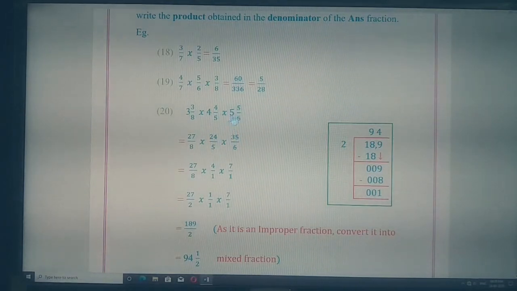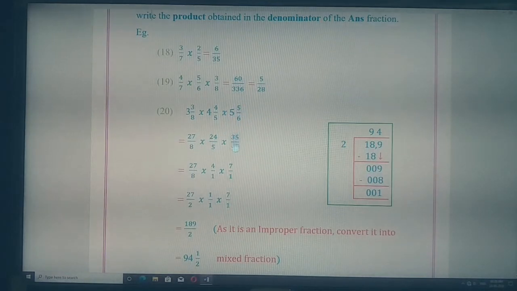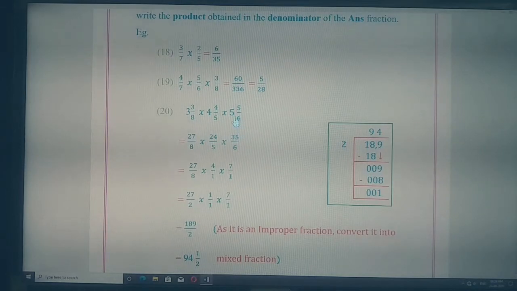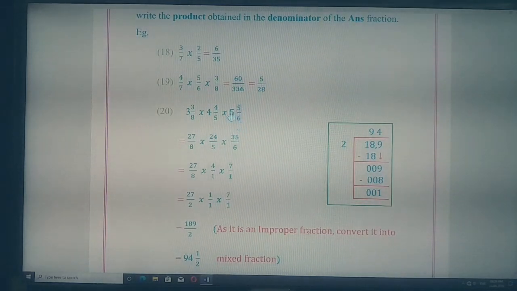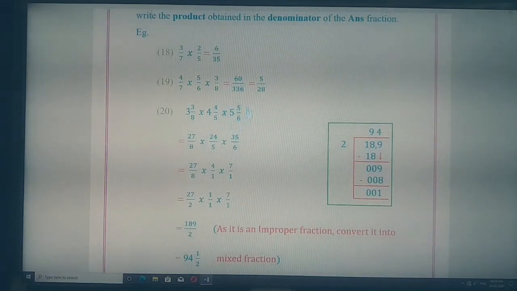Similarly, the next mixed fraction is 5 integer 5 upon 6. So first we have to multiply and then add in order to convert the mixed fraction into an improper fraction. First 5 and 6 are multiplied and then we add the numerator 5. First multiplication, then addition. 5 6s are 30. 30 has to be added with 5. 30 plus 5 is 35. So our numerator will be 35 and the denominator 6 is copied as it is. When we are converting a mixed fraction into an improper fraction, the denominator will remain as it is.